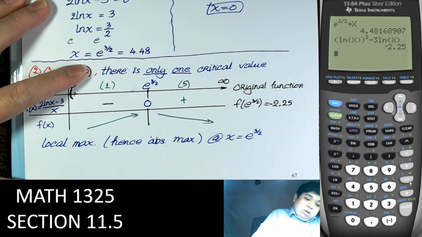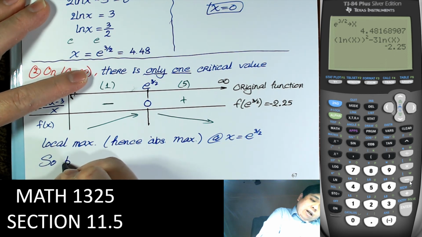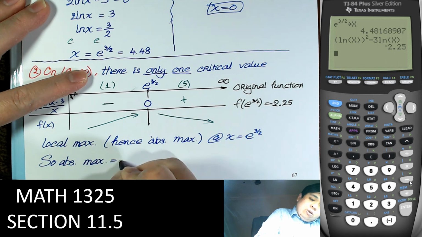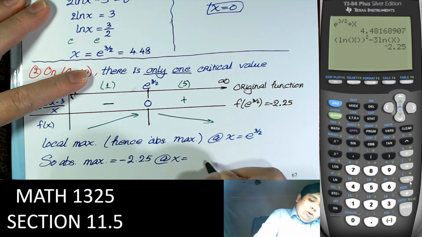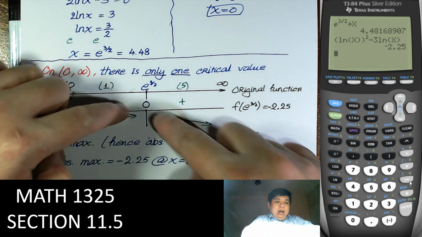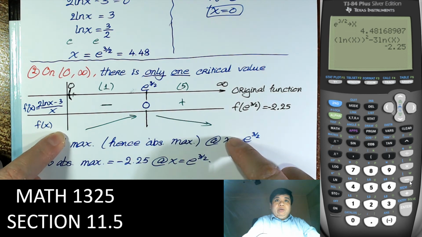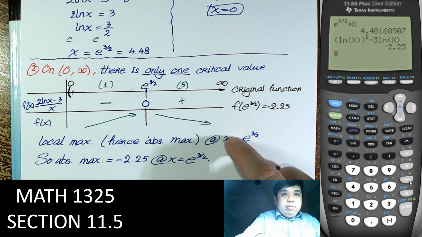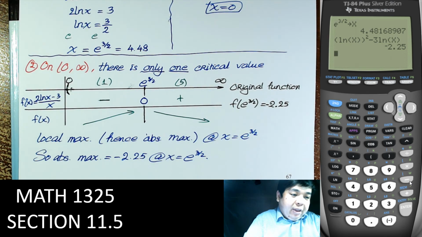So the conclusion is absolute maximum equal to negative 2.25 at x equal to e to the 3/2. And if we go like this, especially to infinity, there will be no local minimum because it just keeps going down. Right, so